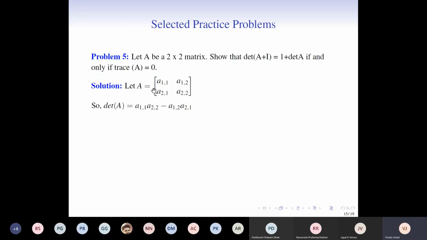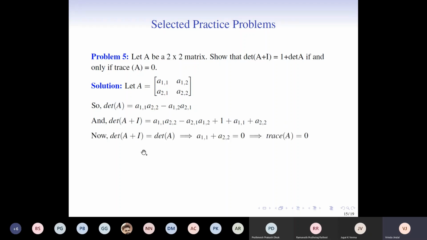Just go over it. So let A be this matrix A11, A12, A21 and A22. So the determinant of A would be given by this expression, and the determinant of A plus I upon calculation gives rise to this expression. So first we'll prove it in the forward direction, that determinant of A plus I is equal to determinant of